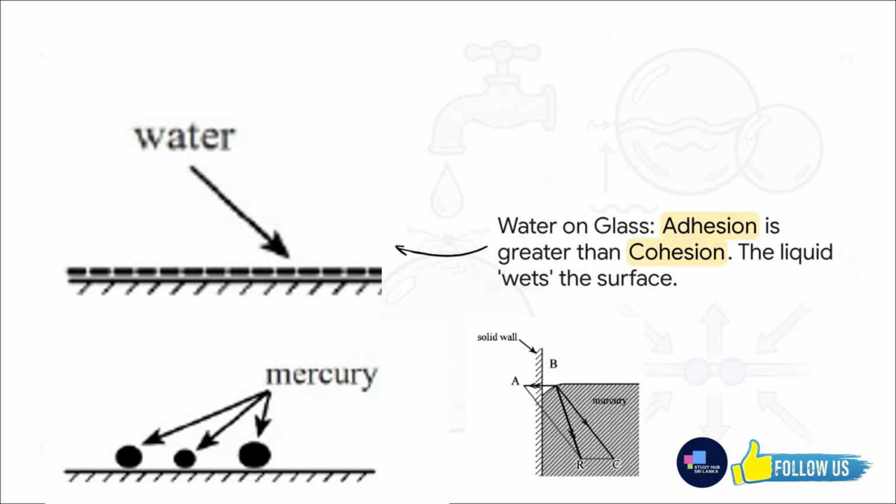If you put a drop of water onto a clean piece of glass, the adhesive forces, that is, the attraction between the water and the glass, are stronger than the cohesive forces holding the water drop together. And what's the result? The water spreads out and wets the surface of the glass. Now check this out. It's the complete opposite with mercury. Here, the cohesive forces, the attraction between the mercury atoms themselves, are way stronger than the adhesive forces to the glass. So instead of spreading out, the mercury pulls itself into a tight little bead, trying to minimize its contact